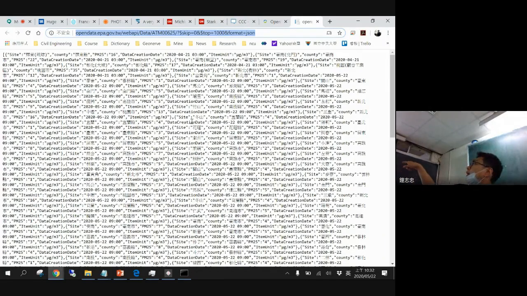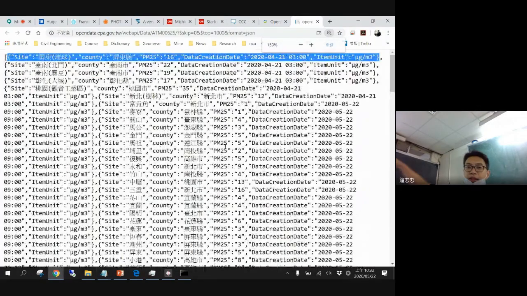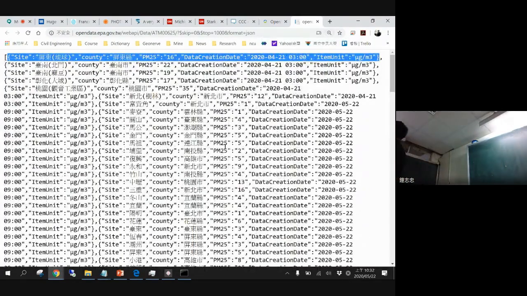Here is a sample of the JSON. You can find this is a string type, and this is one line of the information. Let us enlarge this one. So you can find this is a JSON, and you can have your own